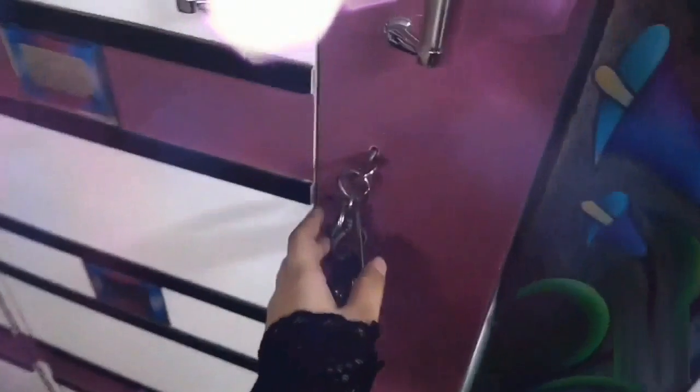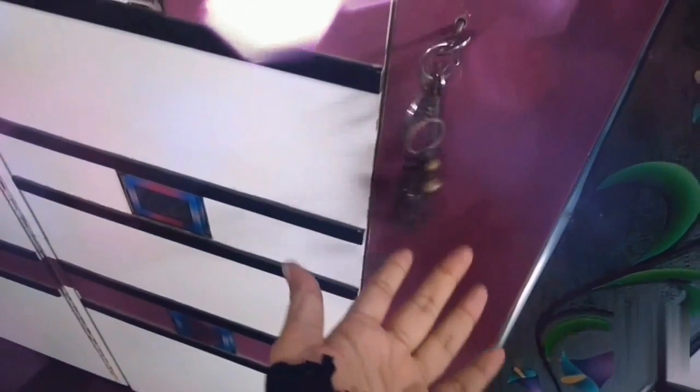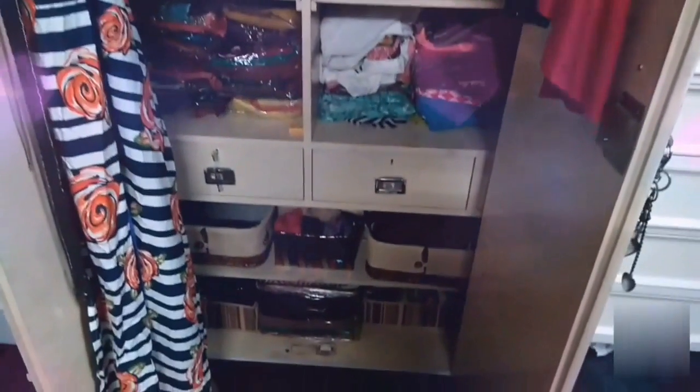This is just a very regular keychain which has a, this one is completely broken, there were many more hangings in it before. So let's open this up. This is how my wardrobe looks from up to down. Let me give you a quick overview of it. Okay, this is how my